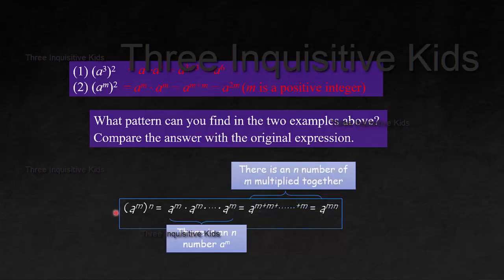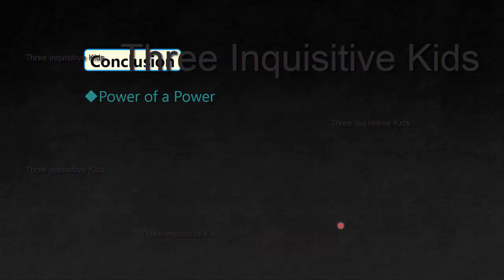So over here we have a to the mth to the nth power, and then you expand it to a to the mth power times a to the mth power times a to the mth power, and there is an n number of these being multiplied together. And then that equals a to the m plus m plus m plus m plus m plus m power, and that gives us mn. If you're wondering why this says a to the m plus m plus m, it's because over here we are also using the product of powers property, which is what we learned in the last video. So what we just learned was the power of a power property,